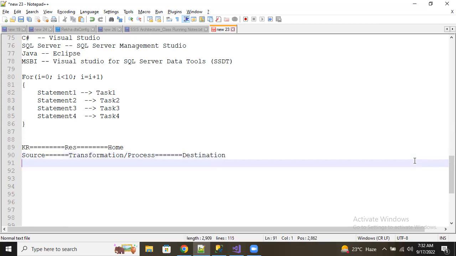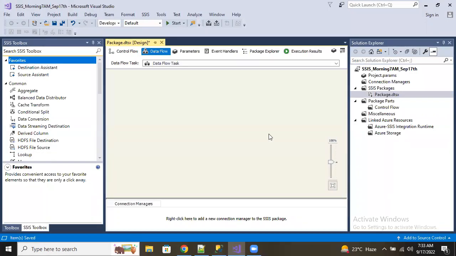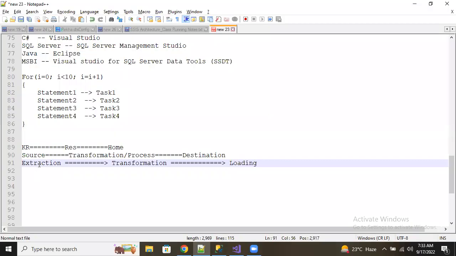This is your extraction. Extracted data must be traversed to transformation. Transformed data must be traversed to destination. So destination is nothing but loading. So, ETL process. All right, now here the data is flowing from source to destination